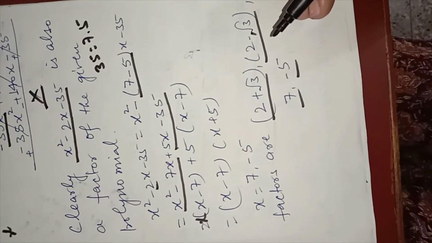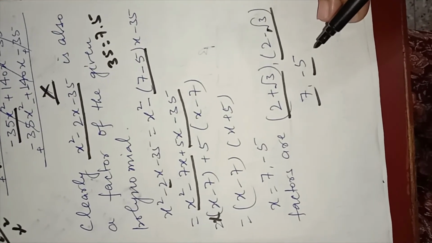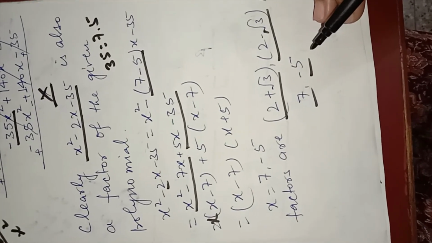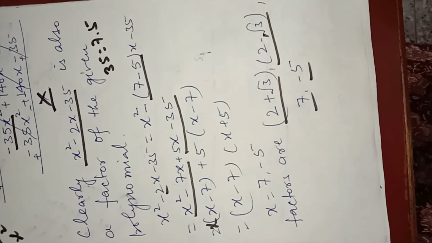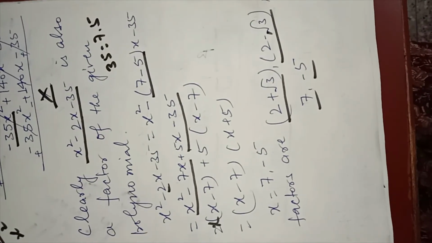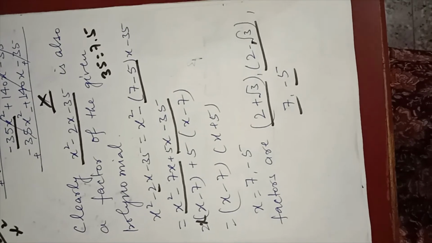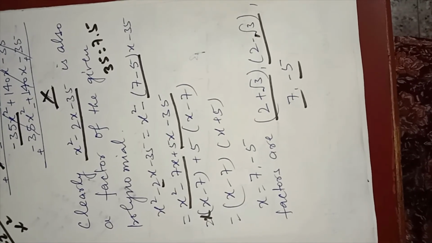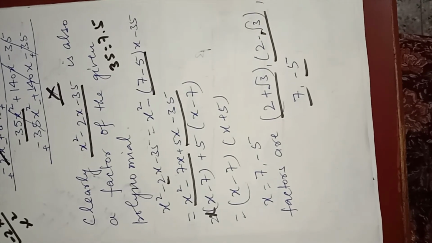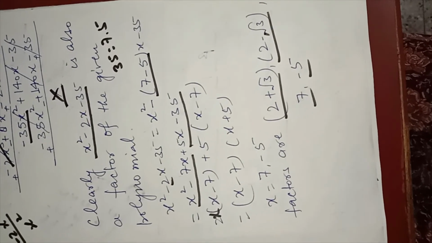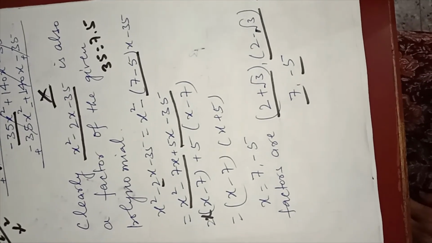You have to write all the four factors. In the answer you have to mention all the four, not just the new ones. Whatever is asked in the question, you have to write the answer in that way only. If they ask to find all the zeros of the polynomial, then in the answer you will write all the zeros. So better, to avoid making a mistake, whenever you write the answer, write all the four.